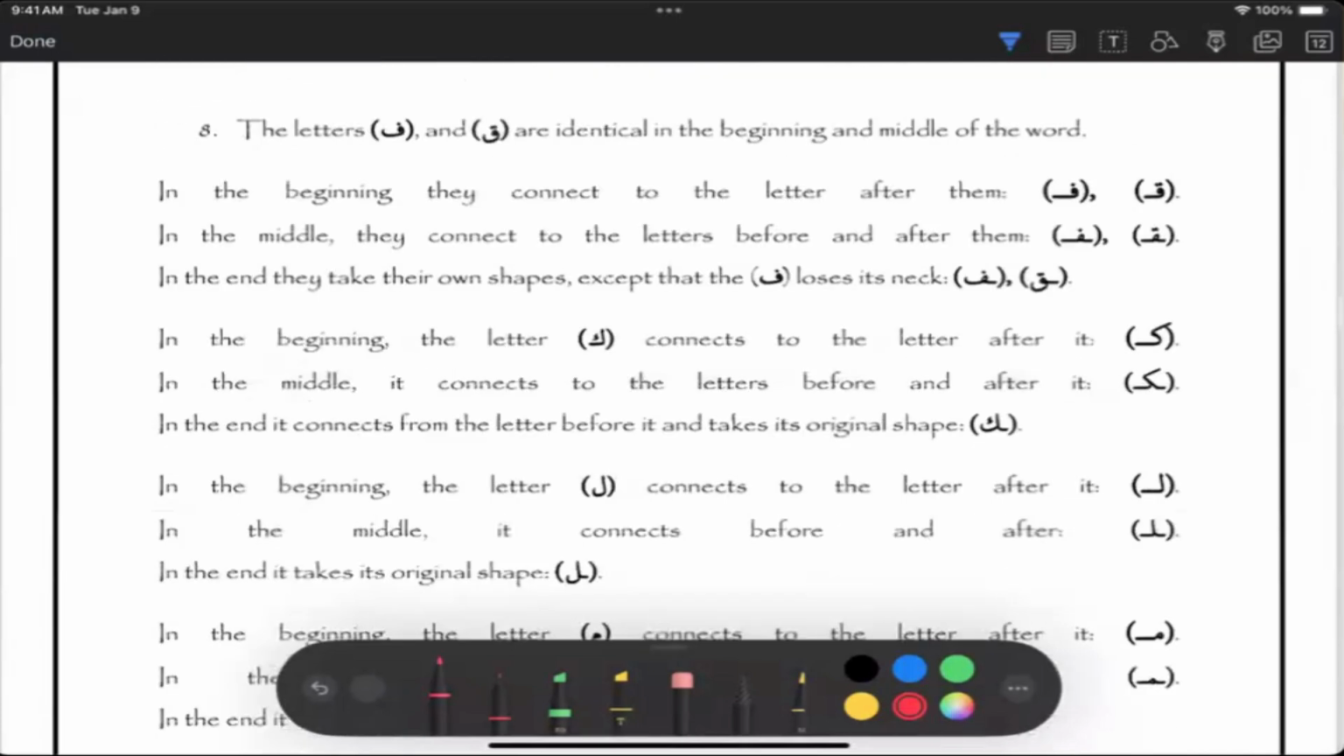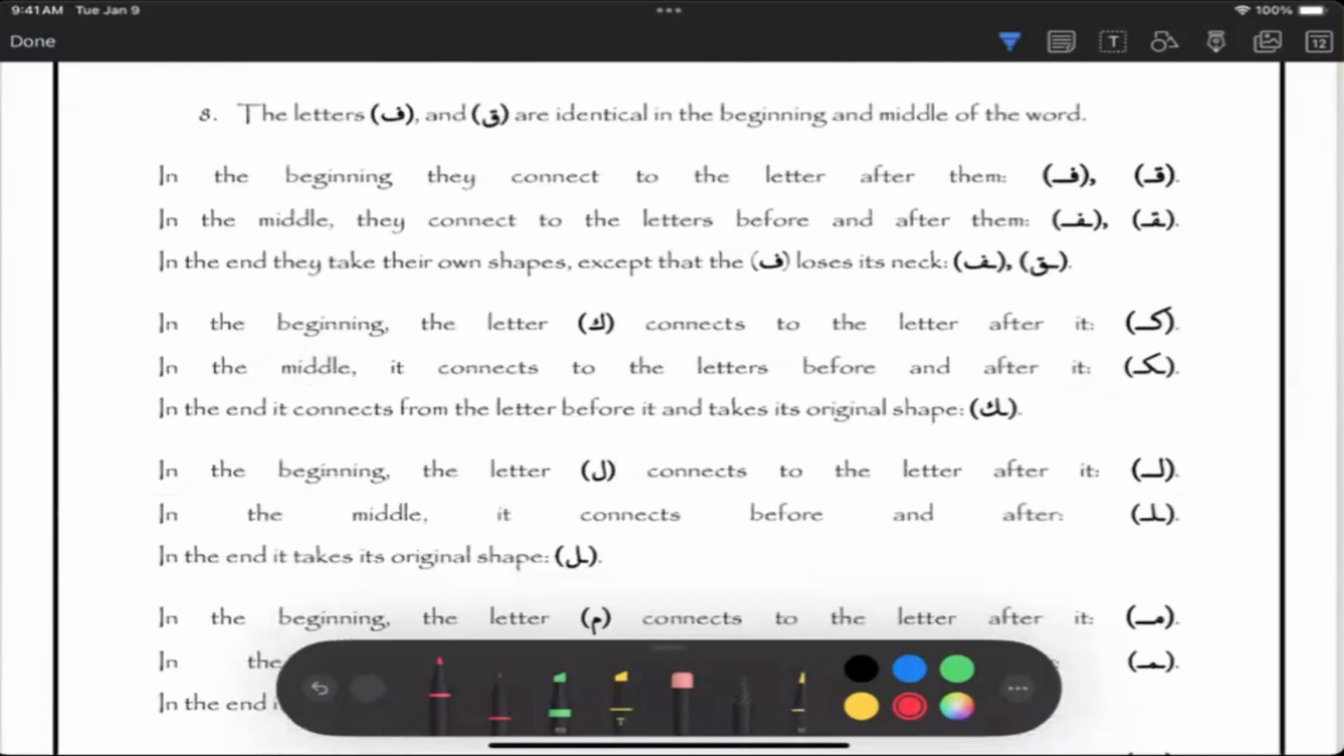Number 8, the letters fa and qaf are identical in the beginning and the middle of the word only. In the beginning, they connect to the letter after them, and in the middle, they connect to the letters before and after them, and in the end, they take their own shapes. Except that the fa loses its neck. It takes its own shape, but the fa loses its neck. Meaning here,